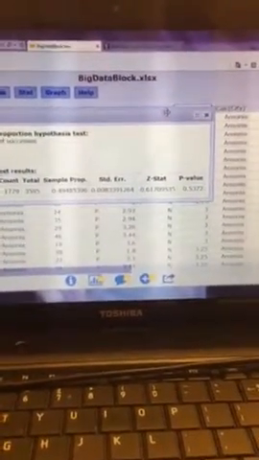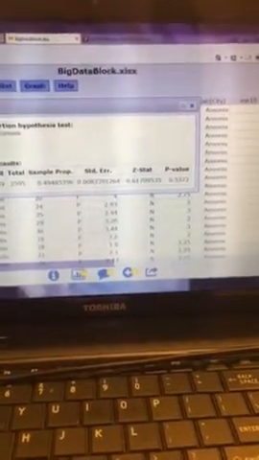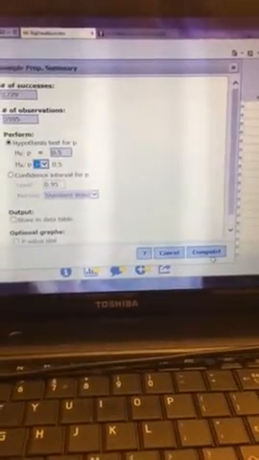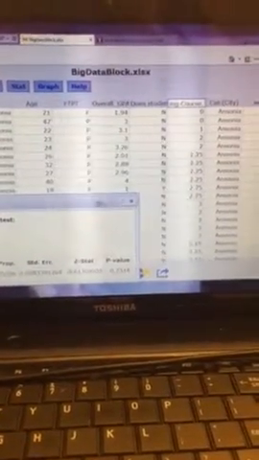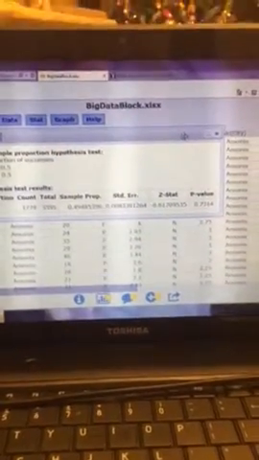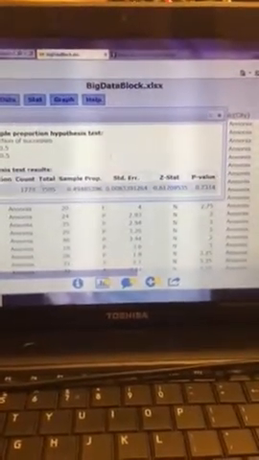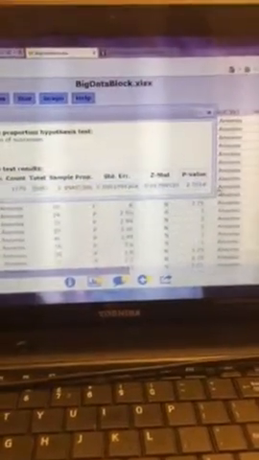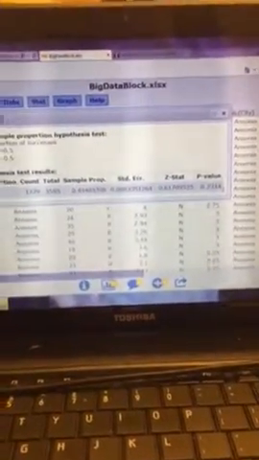So p is representing no change. We want to change this to greater than, so p greater than, because that is my alternative. Select compute, and here we have our probability. So our test results show us here the number of students that were in Bridgeport. This is the total number of students, and our p-value, it's a two-tailed, so we're going to have to multiply